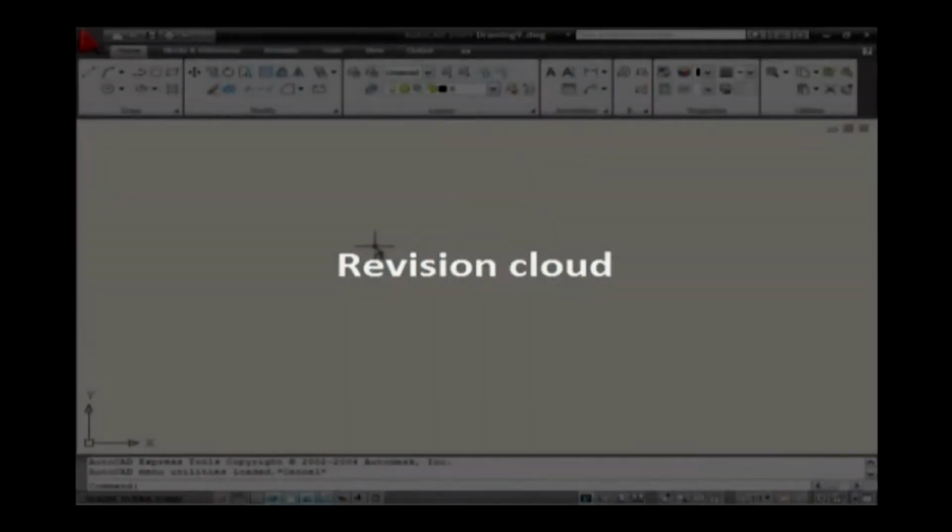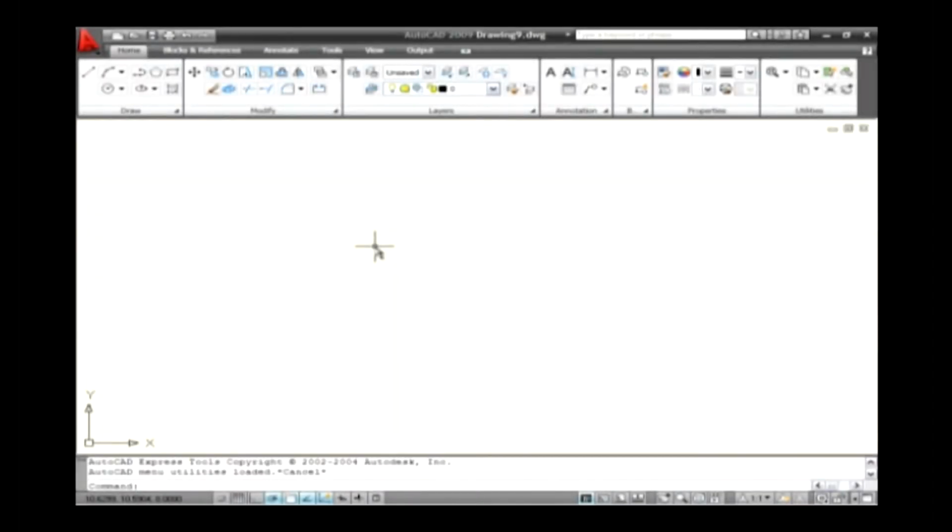Revision Cloud. This creates a sequential arc to form a cloud-shaped object. They are used to highlight your markups of a drawing during the review stage. For example, in a building elevation drawing, we should show some details of a wall or some joints that appear